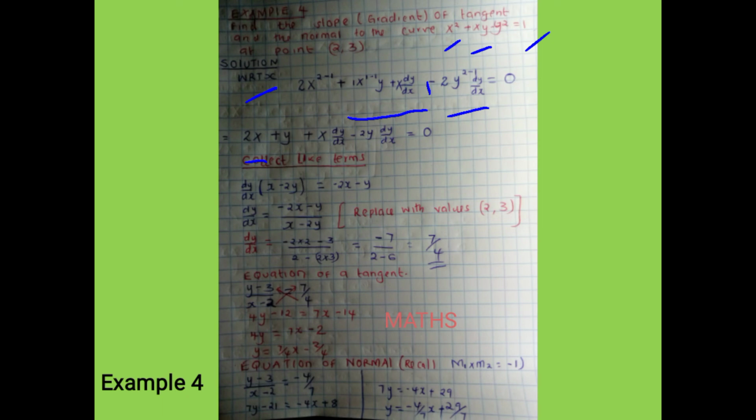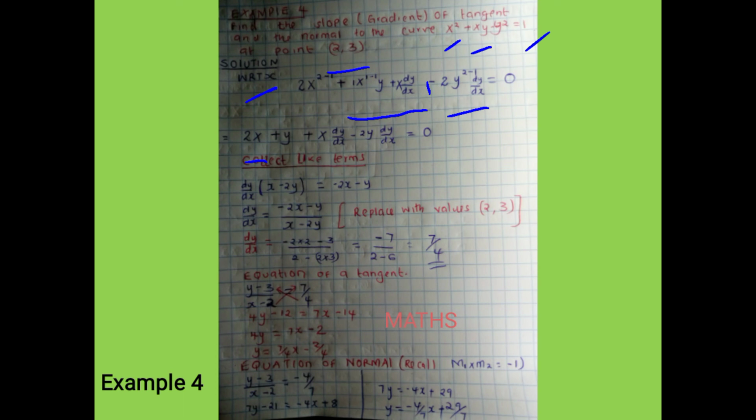Because you want to get the gradient which is equal to the dy/dx, and because you had initial figures to be (2, 3), you come and replace the value of x where there is x and the value of y where there is y, so we get 2 times 2 minus 3 all over 2 times 3,